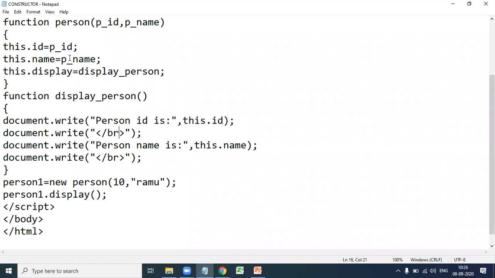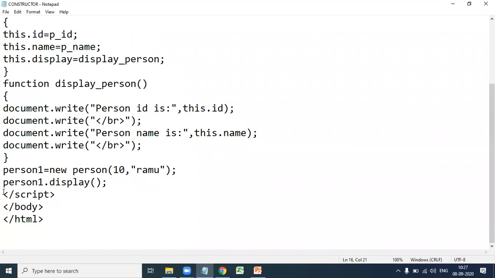Next we pass the value Ramu to p_name, so this.name equal to Ramu. So here person id is 10, person name is Ramu. Whenever display_person is called, these two are the output statements.